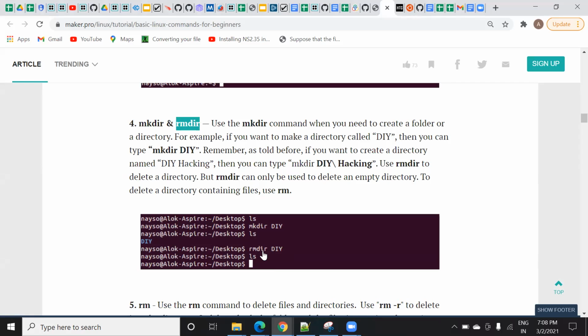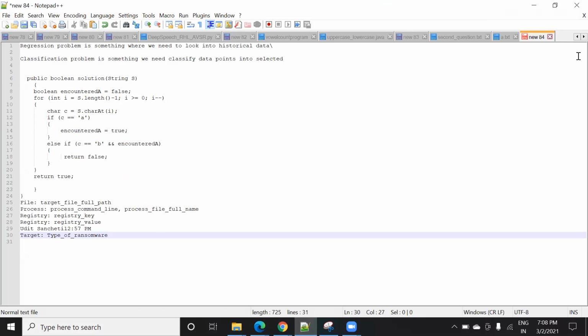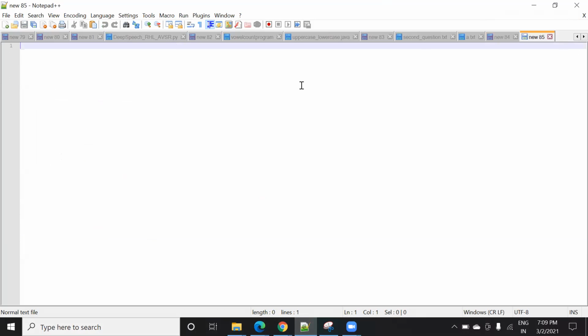Why do we use rm -rf? Like last time I showed you, and you asked me a question on that: why we write rm -rf. So rm is for removing a file, and rf is for removing a directory and a folder. But when you write them together, it will forcefully delete it. For example, suppose Neetu is my folder, and it has some files.